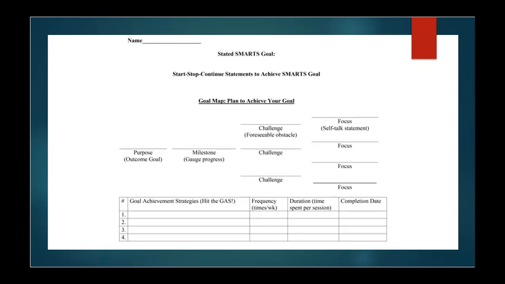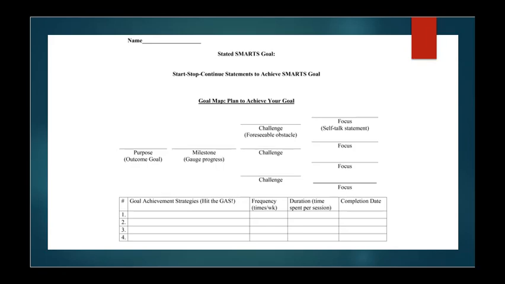And you can see here, the goal map has the purpose, milestones, several challenges, and you may have more than 3 challenges, and you're going to have more than 1 milestone, and then focus statements. Again, these are just short, quick little statements like you got this. These are instructional and motivational, right? So you can use statements that are going to help you with completing the task successfully or improving energy or effort or change your attitude to help you focus on